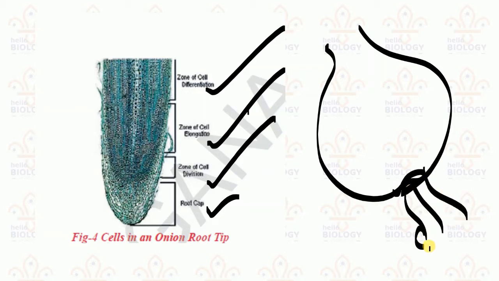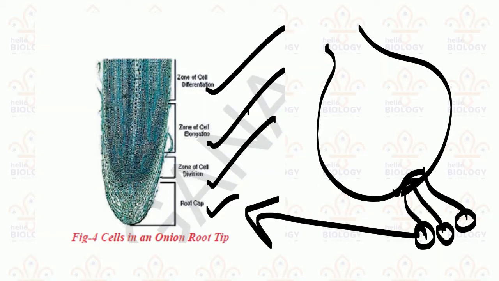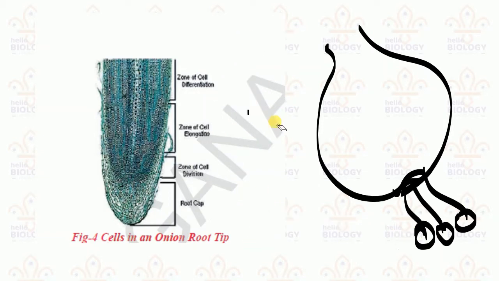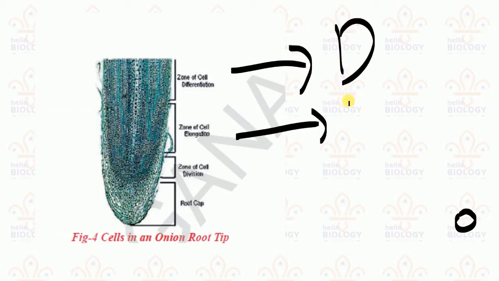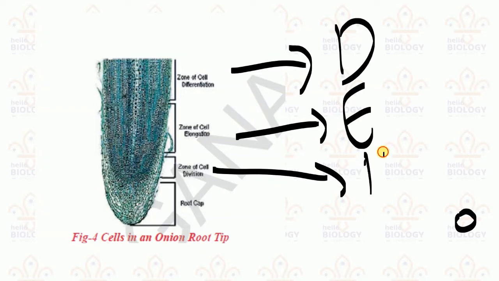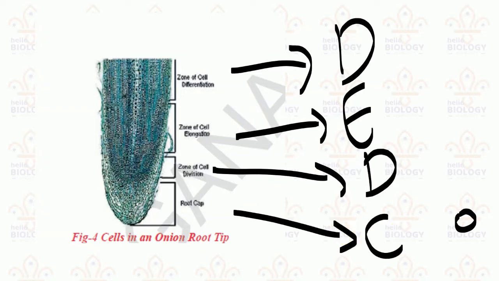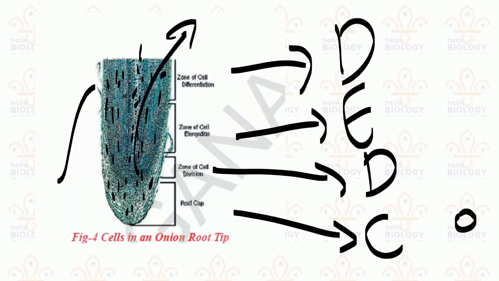Here you can see these tips. These tips are magnified by the microscope, so it can give you a maximum of 4 layers here. How many layers are there here? Zone of differentiation, zone of elongation, zone of division, and root cap. So we can find these forms in the root tip of an onion. You can see each cell is attached very tightly, such that it will absorb water and minerals from the soil, so that they can be provided for the entire tree.